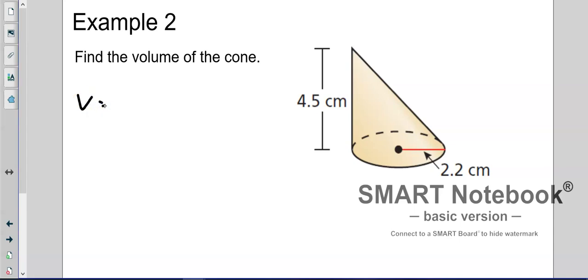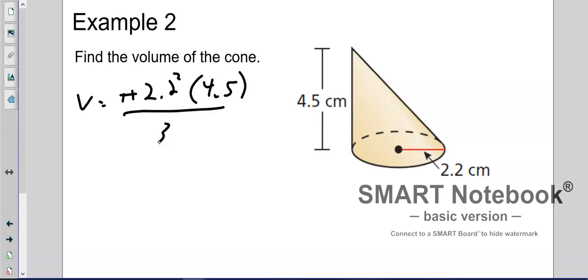Volume equals pi r squared, so 2.2 squared, times the height, which is 4.5, divided by 3. Pretty basic, okay? And then you're just going to crunch those numbers. 2.2 squared times 4.5 divided by 3, you get 7.26 or 7.3 pi